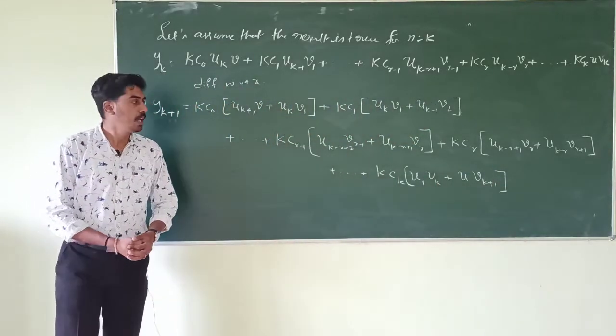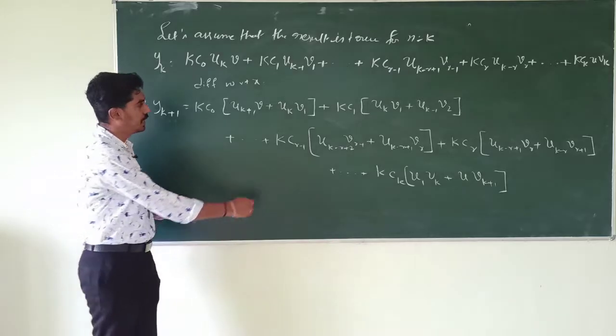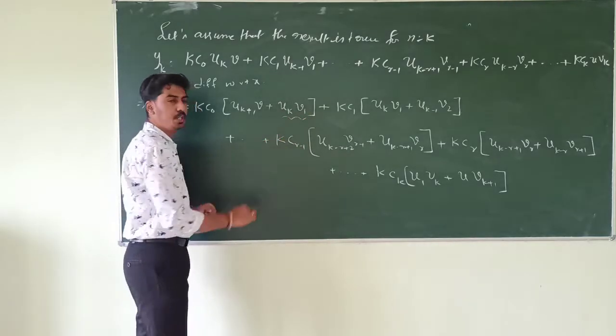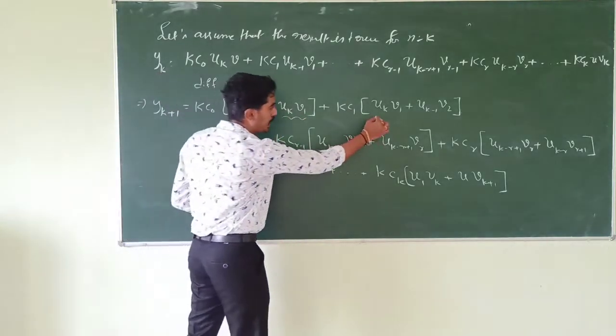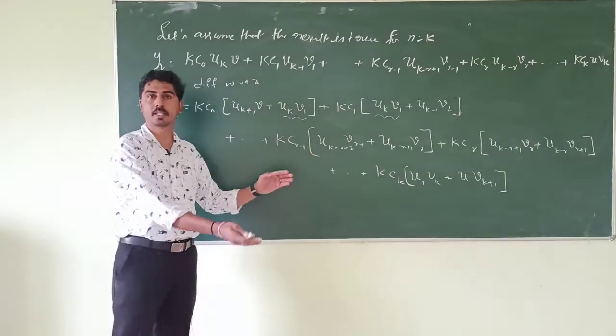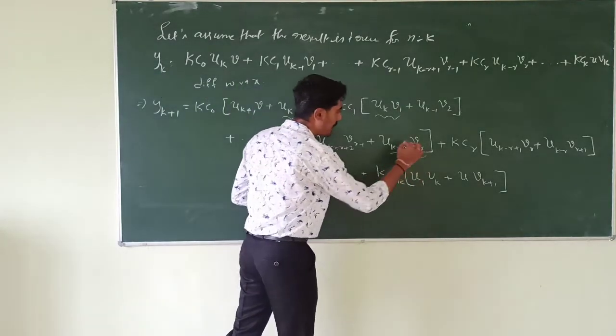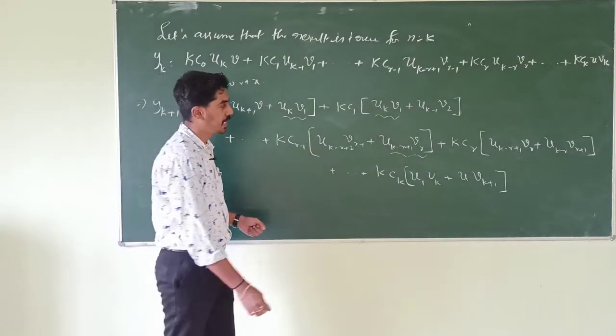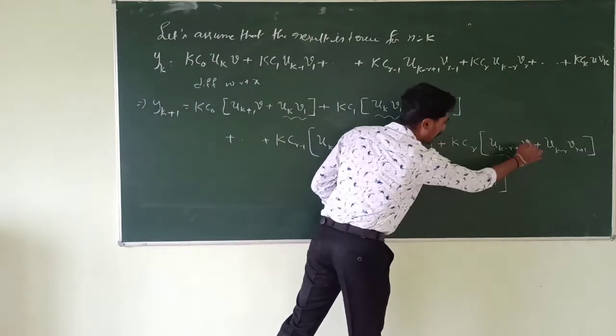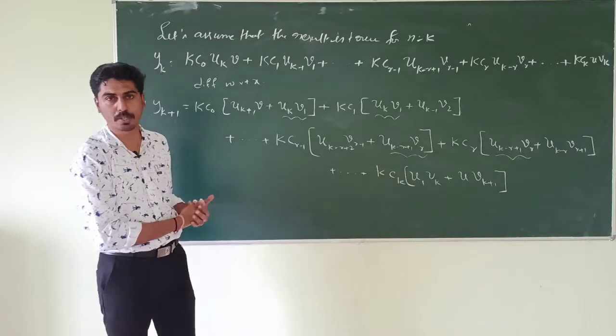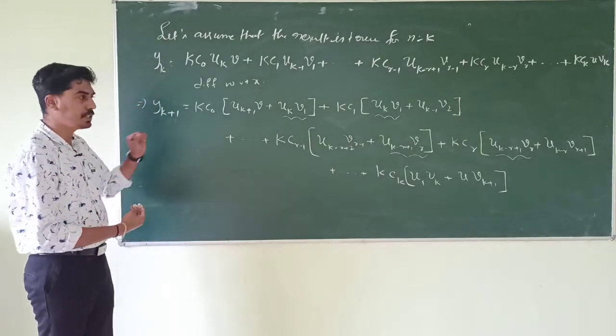Okay. Now if you observe here, I have uk into v1, uk into v1. I can take that as common. Similarly here I have uk minus r plus 1 into vr, uk minus r plus 1 into vr. We can take that as common. If I rewrite this equation, I get